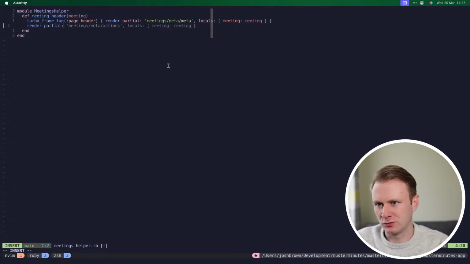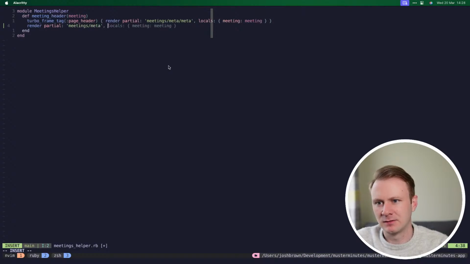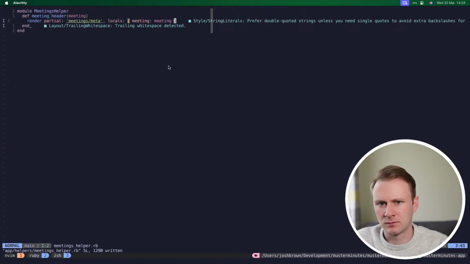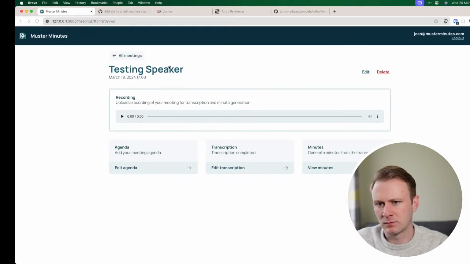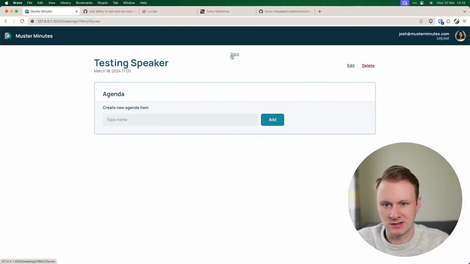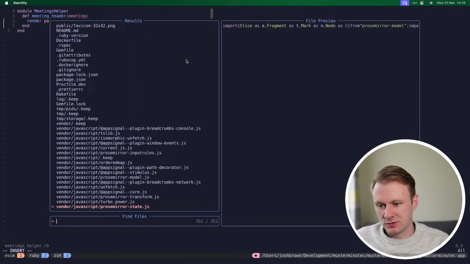Render partial meetings meta. If I refresh, all still works because they were all using meeting header. In theory, at least they should have been. Yeah. And then we can go to the